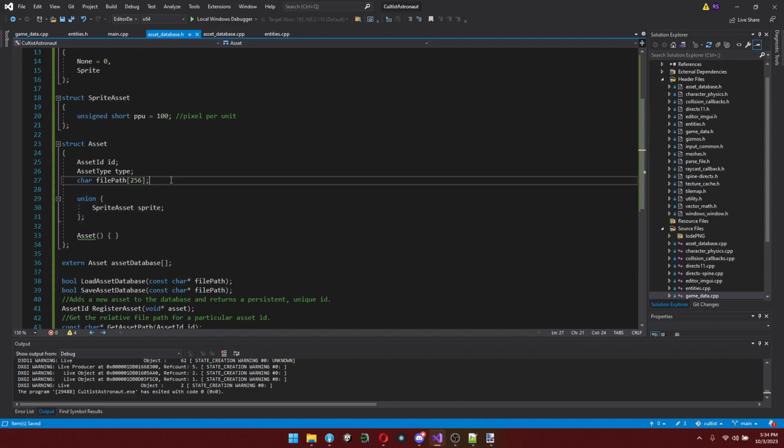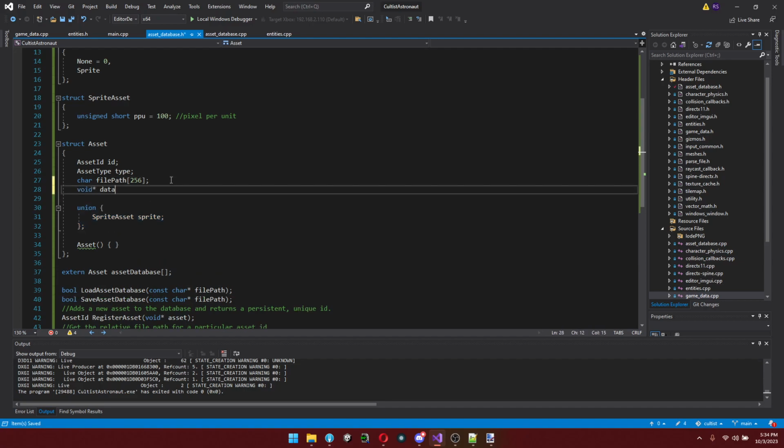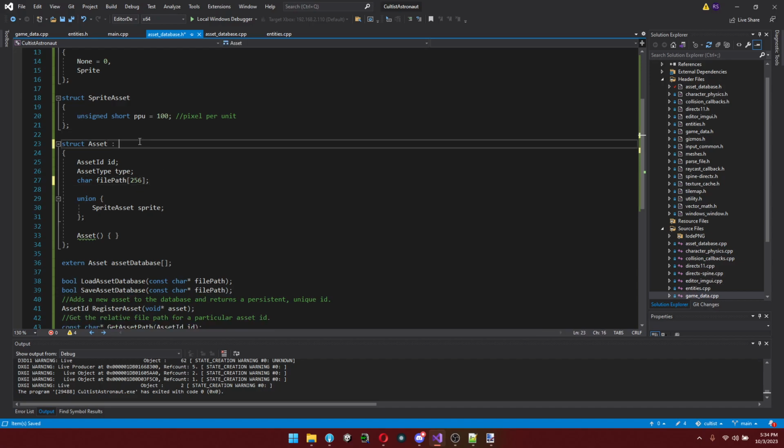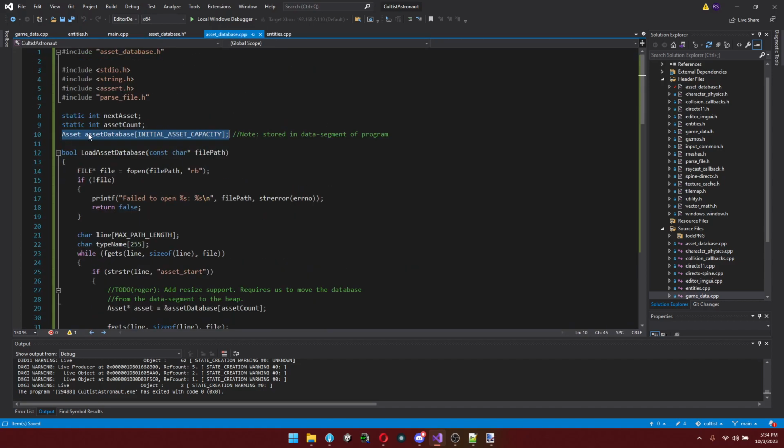I'd have to do something like this, where either I have data, or I have to use inheritance like this. And I'm using this on the wrong thing, but basically I inherit asset, right? But what this does is force me to make this array over here an array of pointers, and at that point I have to create it on the heap. I have to new it up somewhere, and that's annoying, and it doesn't make it contiguous because those